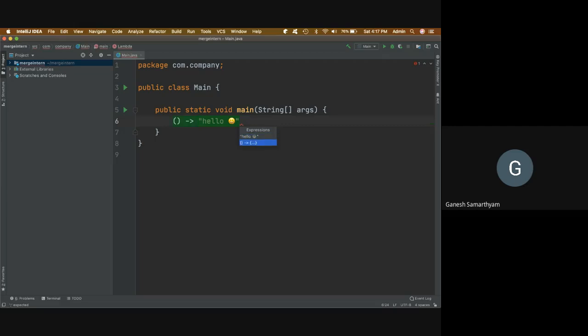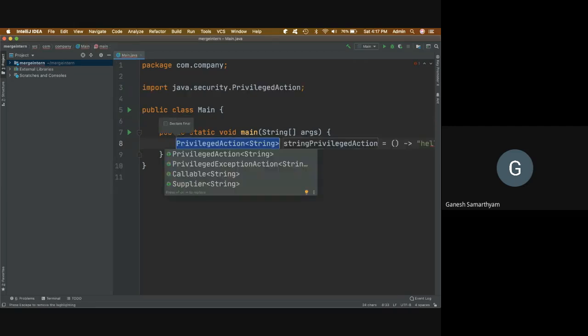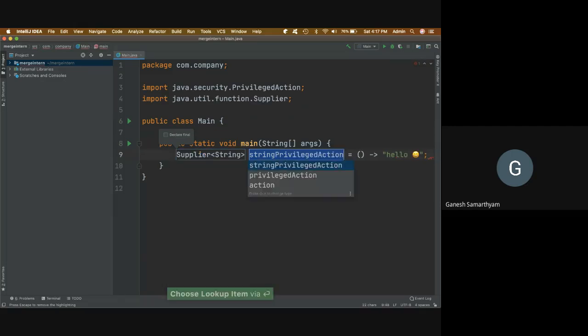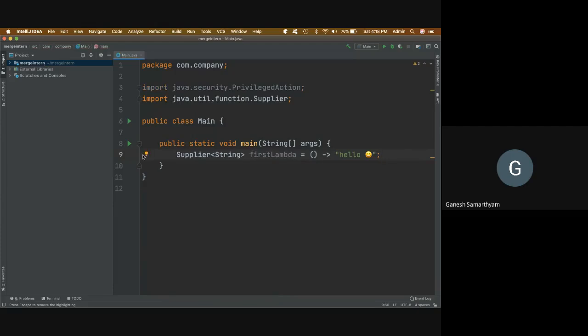Let's say I want the whole lambda to become a variable. Now options are coming up. I want it as a supplier, and the name I want is, let's say, first lambda. So this first lambda is the name of my lambda.